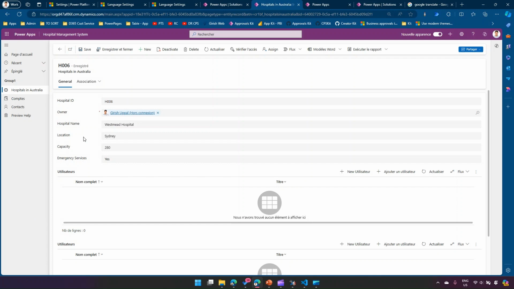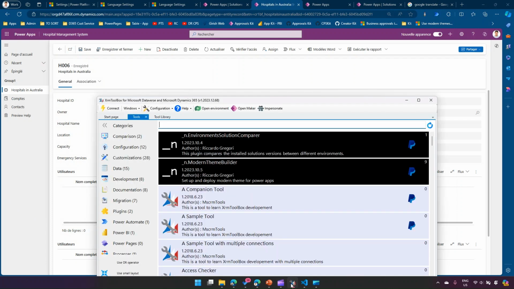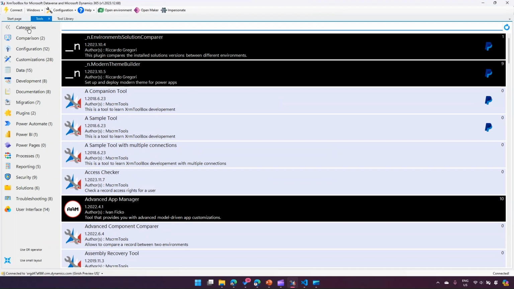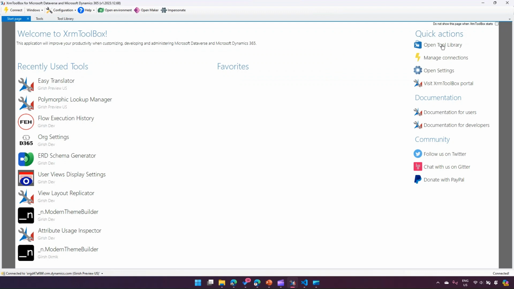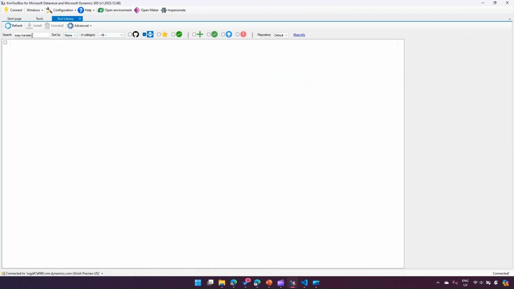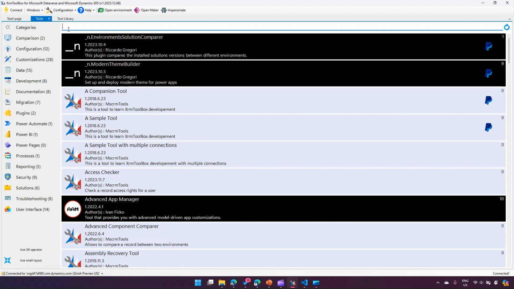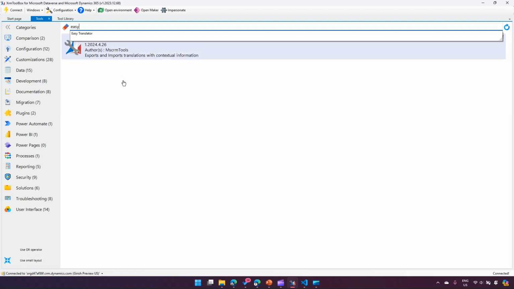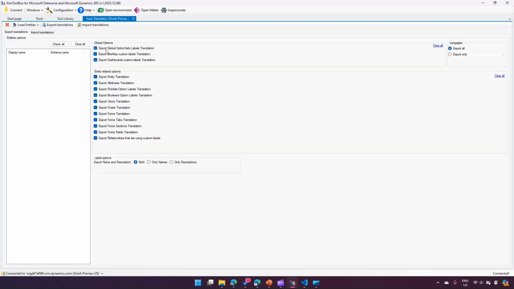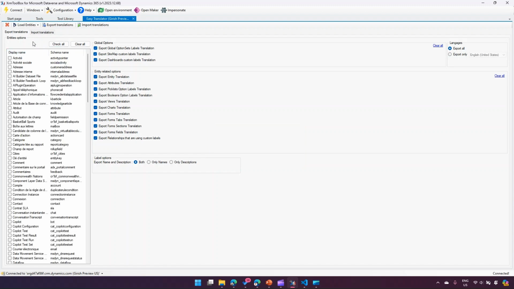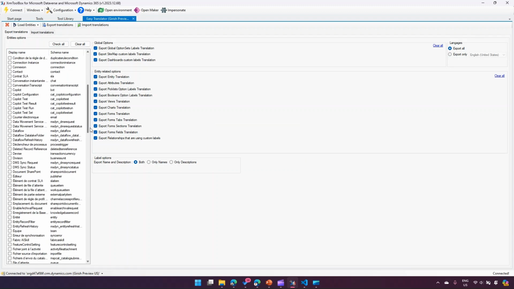For that, you need to go to the XRM Toolbox, open the XRM Toolbox, and if you have not installed it, go into the tool library and install Easy Translator. I have already installed Easy Translator, and that's why I'm able to see it. If I go to Easy Translator, the first thing you need to do is go into load entities, load either from all entities or from a solution. The preferred approach would be from a solution, but in my case I have not created any specific solution, so I will just go ahead and open the